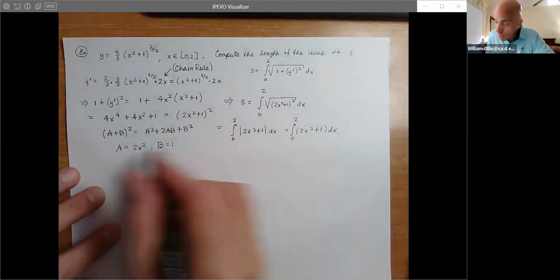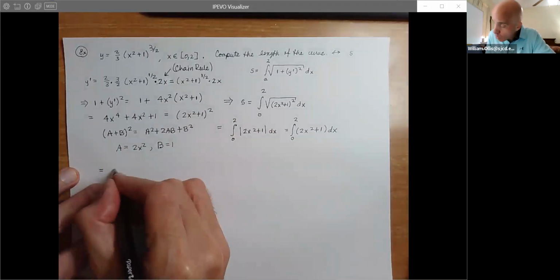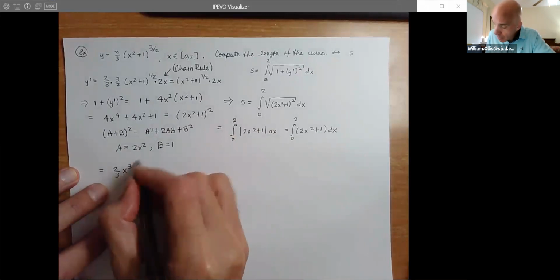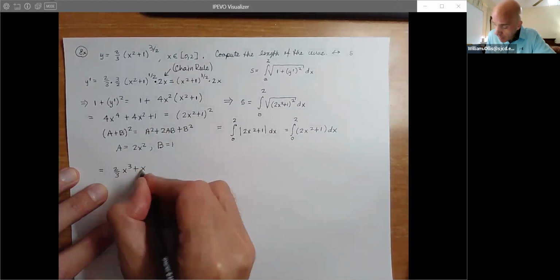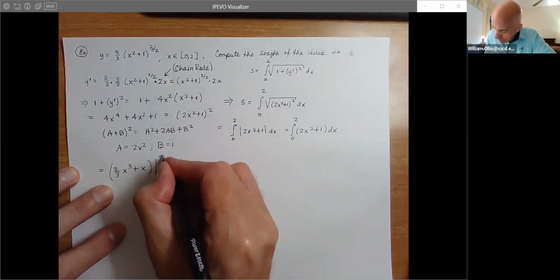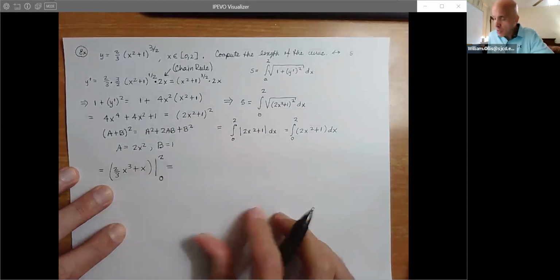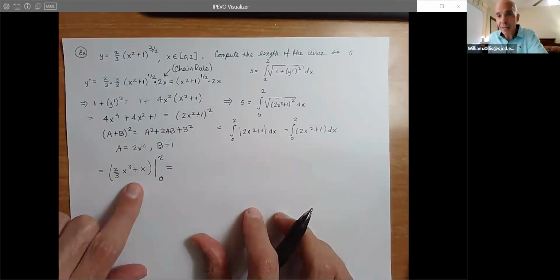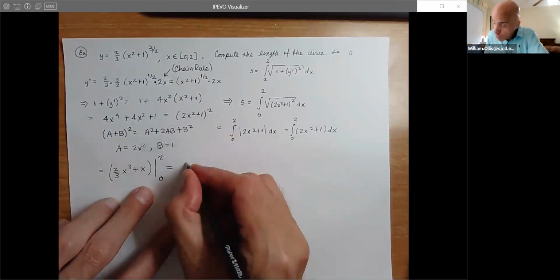So now add 1 divided by the new power. So we'll get 2/3 x cubed plus x. So now, of course, we have our good friend, the lower limit of 0, which annihilates this. So again, when we have it, we're happy. So this gives us 2/3,